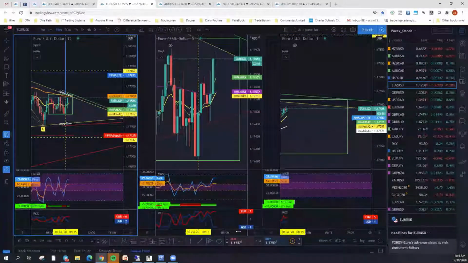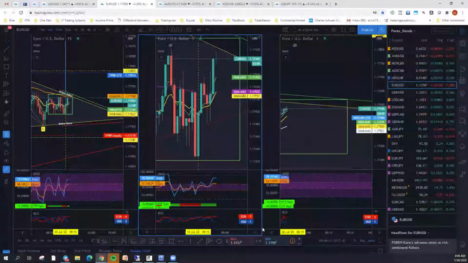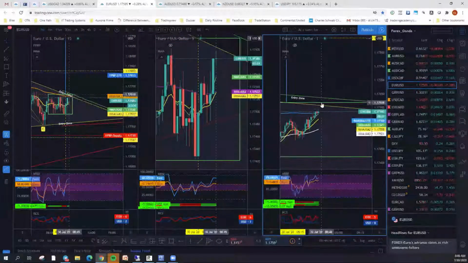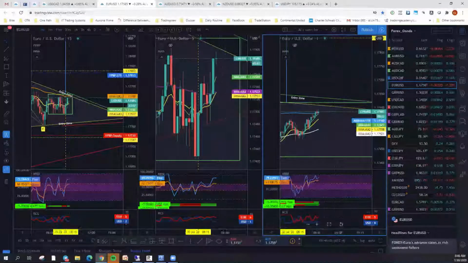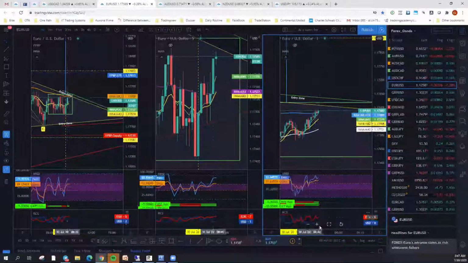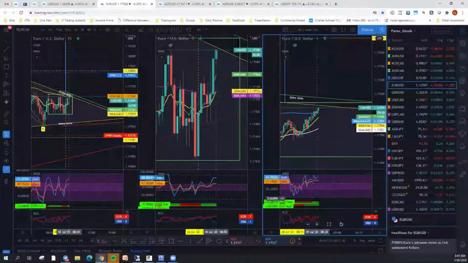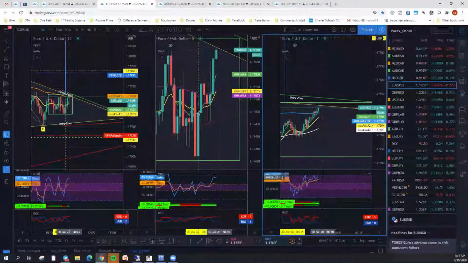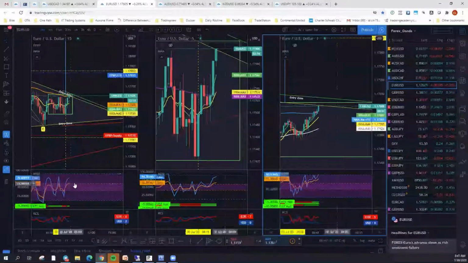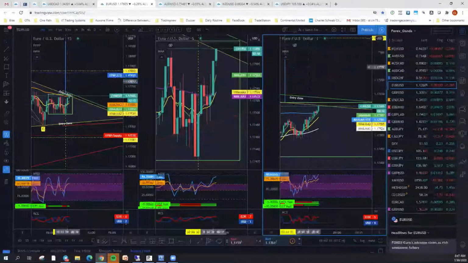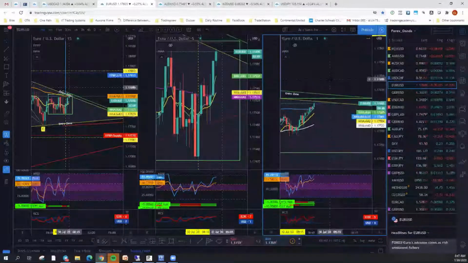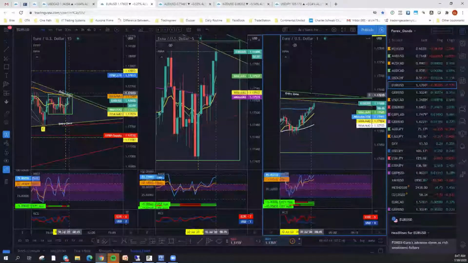Euro's strong by 4, Euro's strong by 6, and Euro's strong. So if this thing breaks out to the upside with all of these strong, so we have strength to the Euro, we have 3 green on the whole. These are up above the 60 on almost all 3. This one's just breaking out, and as this thing breaks out, we could be looking at going long on the Euro US. We want to see a strong candle up into the zone, followed by a red candle, and then get in.